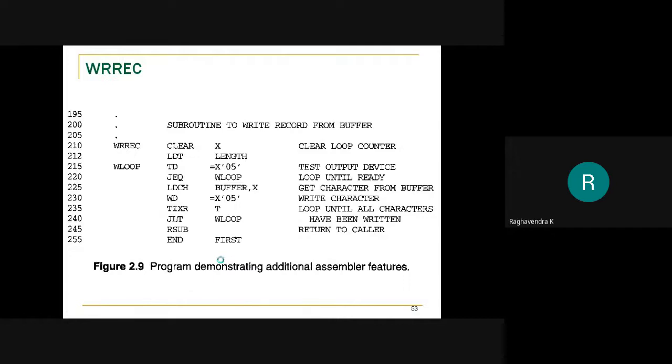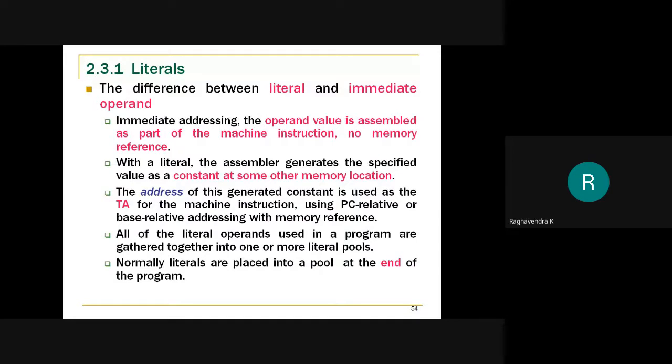Just like that, check out here TD =X'05'. See that the output statement that was present after RSUB is now gone. So this is how we define a literal. How do we define a literal? By using the equal to symbol followed by the constant value. What's the advantage? The advantage is that I don't have to make up a label for it. So who is going to make up a label for it? The assembler itself, which is handling that particular literal. How it's going to handle literals, we shall look into further.